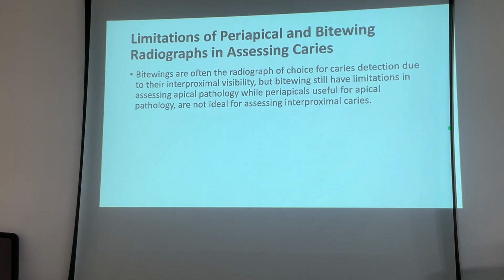The depth of the caries. Does it extend to the pulp, or does it extend only into the dentin? In that case, usually we evaluate the apical lesion. So if we want to know if the caries extends into the pulp, we evaluate the apical lesion. If there's a lesion in the apical area, then we can confirm the caries extended from the enamel into the pulp.